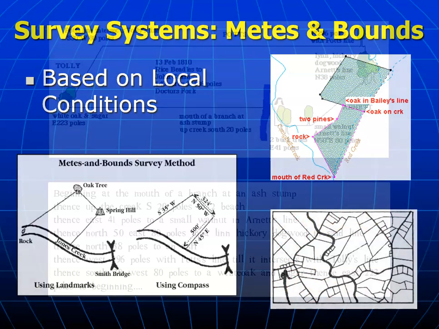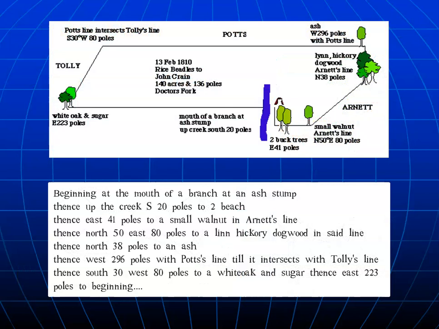Arguably chaotic. So this is in one of the three handouts that I've got posted in the module that's related to what the different survey methods look like and some information about the agricultural product. And so this is one of the ones and how it reads. It's the mouth of the branch of an ash stump, and then up the creek 20 poles to 2 beech. So that's 2 beech trees, and 20 poles is a unit of measurement. Obviously, this is cumbersome and not an efficient system, but we'll see how the United States addresses that when we get into the Great Plains,